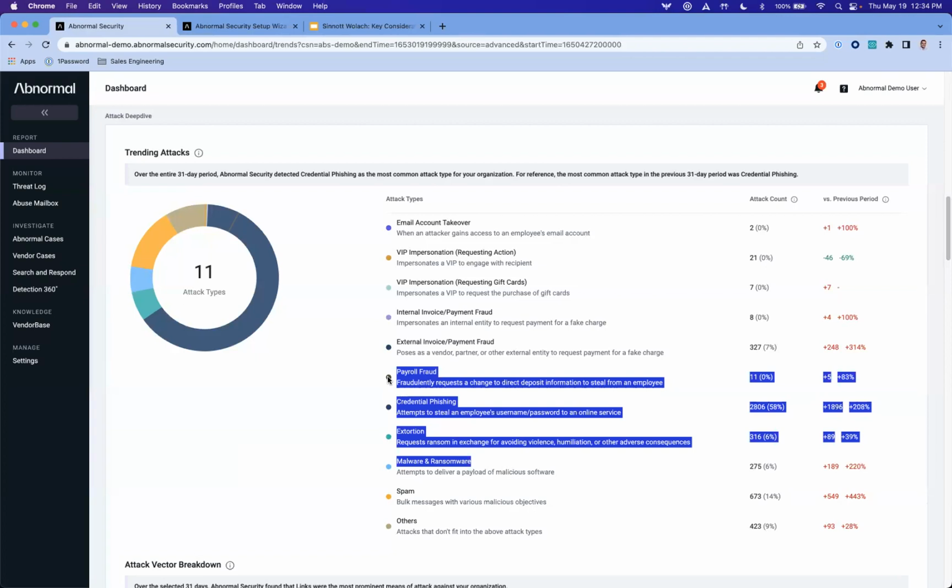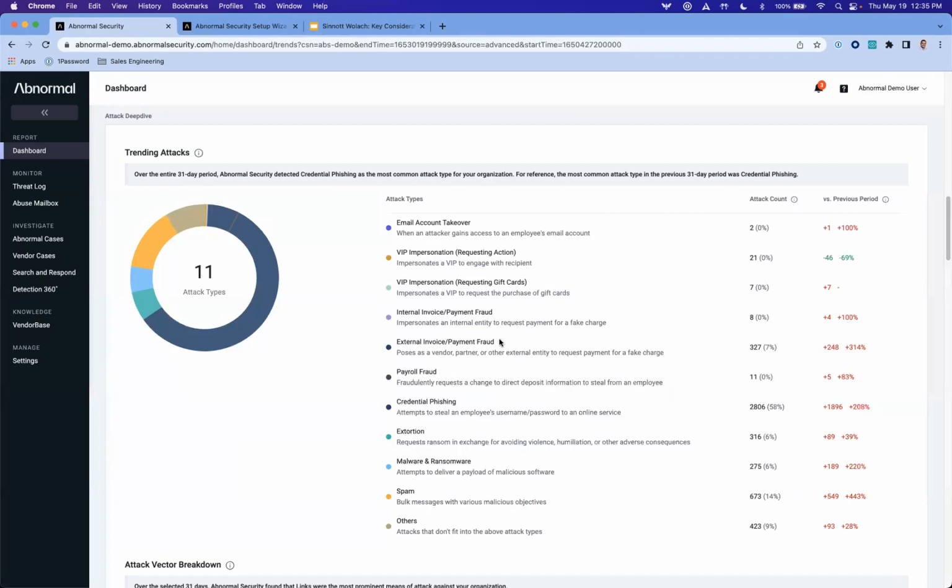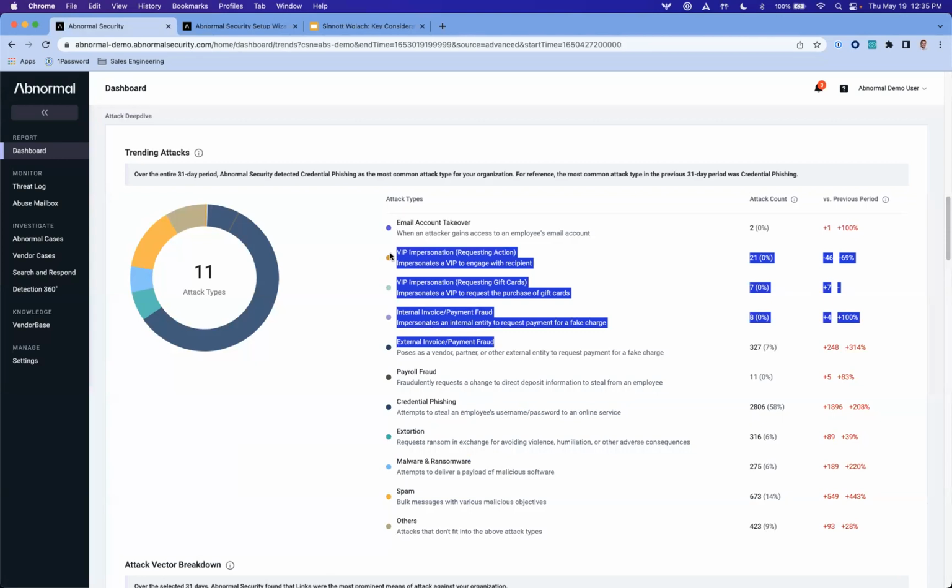Phishing, of course, we talked a little bit about that, heavily focused on credential phishing detections as well, but also extortion, malware, ransomware, the entire spectrum of those email attacks that are very common to see in any environment. But then we look at what are these more advanced socially engineered types of email attacks, right? The ones that are difficult to catch, the ones that are